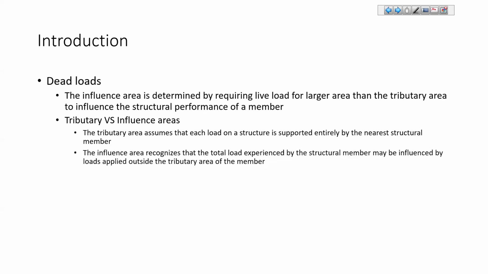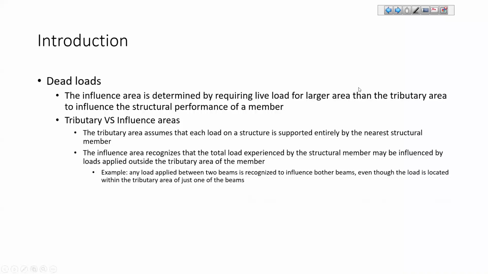So the influence area recognizes that the total load experienced by a structural member may be influenced by load applied outside the tributary area. For example, any load applied between two beams is recognized to influence both beams, even though the load is located within the tributary area of just one of the beams. So with that,